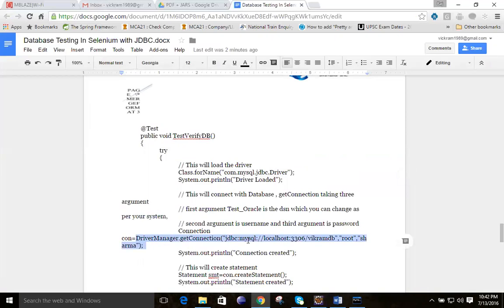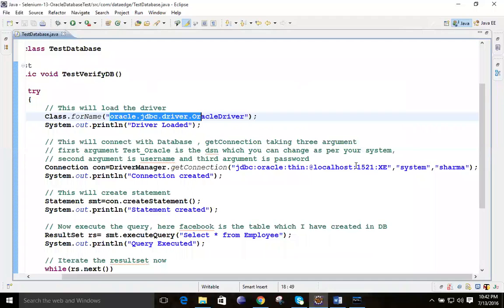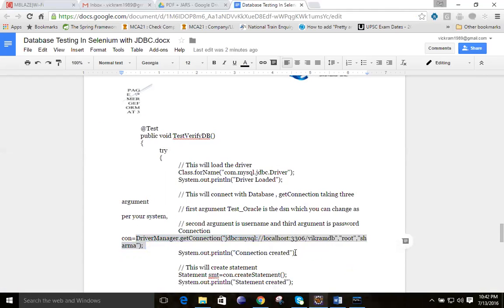Here it is jdbc:mysql://localhost:3306. The port is 1521 for Oracle, and for MySQL the default port will be 3306. Root will be the username, and the password will be this one.